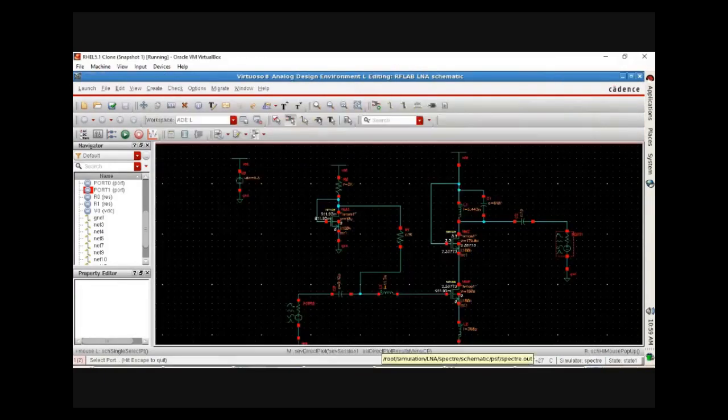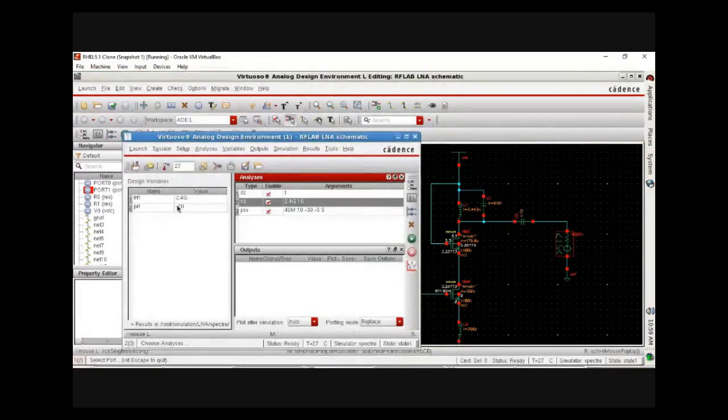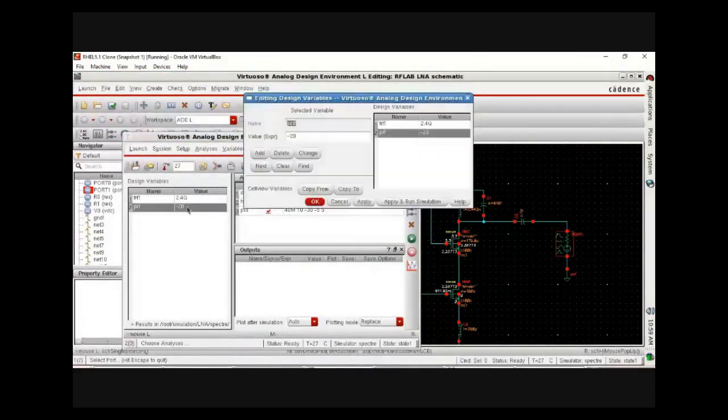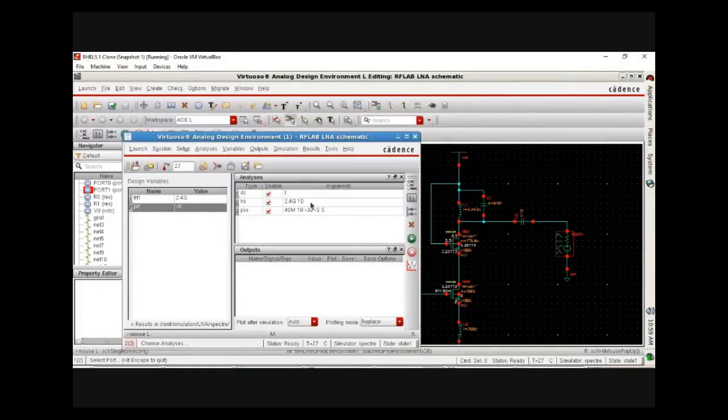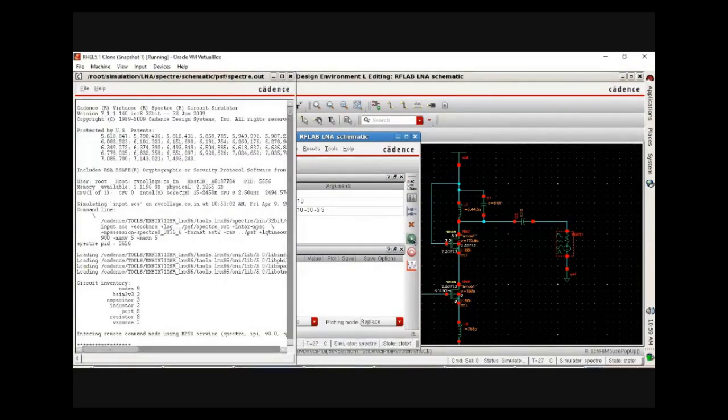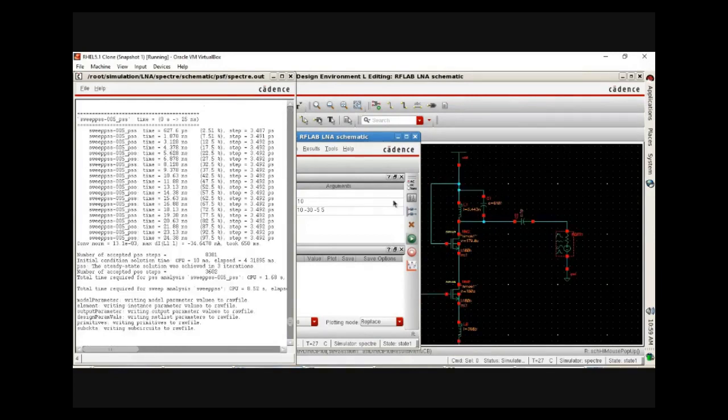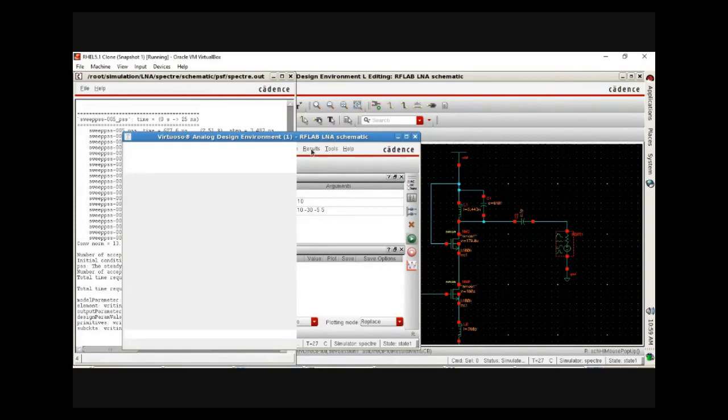Right now in the ADE window, I have just given this as minus 20 dBm. I'm just editing this to say minus 5 dBm, and I'm running the simulation again. It may take some time. Yeah, in another 5 minutes, if possible, I'll show that. Otherwise, I'll keep the screenshots in the notes. Yeah, that is done. Now I'm appending to the present result.